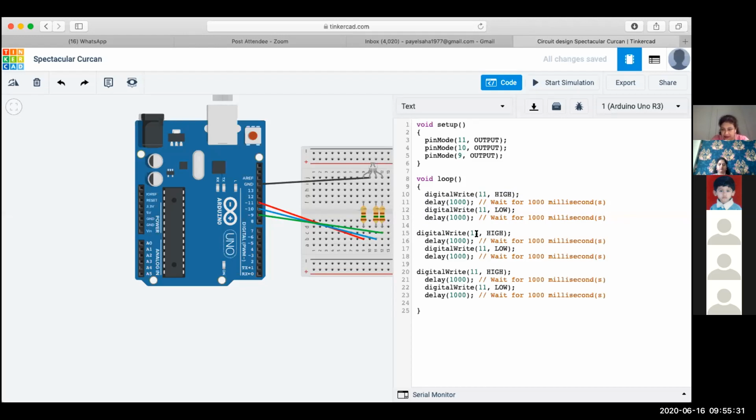Why I have copied and pasted, so that I can easily modify the pins. Instead of 11, I write the code once for 10 and the other time for pin number 9. Great. Now what I have done, by this modification, I have made pin number 11, that is red color, high,